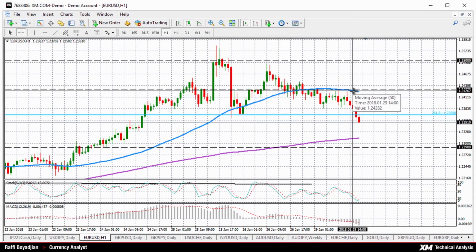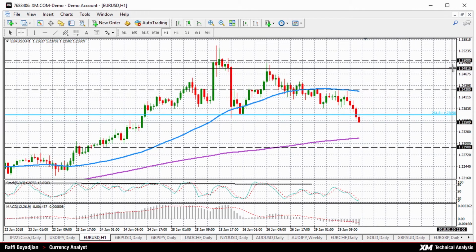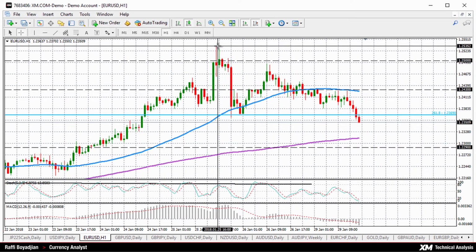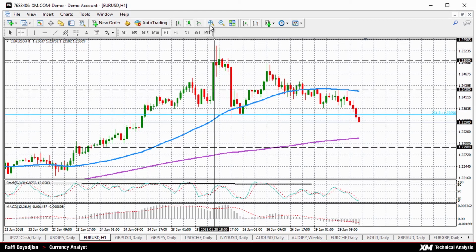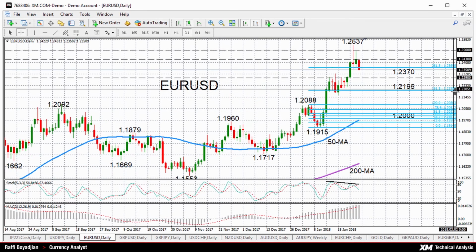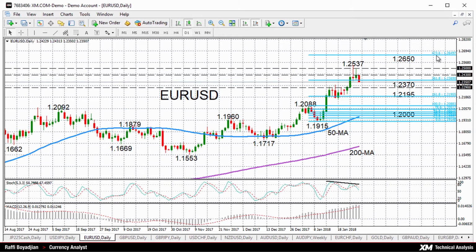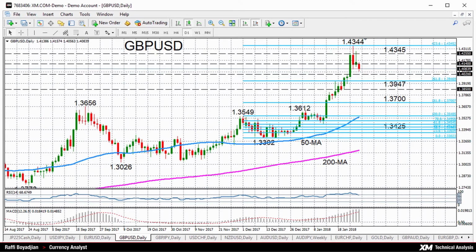A successful break of that key level could then take prices towards the 1.25 handle, and then above that we have 1.2537, last week's top, and then the next target above that would come from the 423.6% Fibonacci extension at 1.2650. Let's now move on to the pound dollar, which did make a 1.5 year high